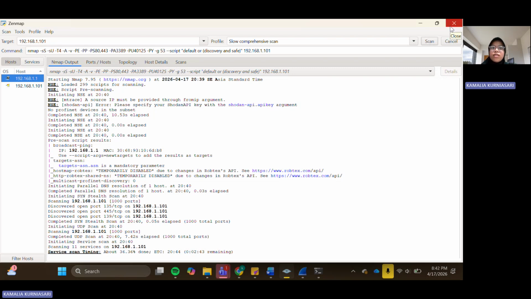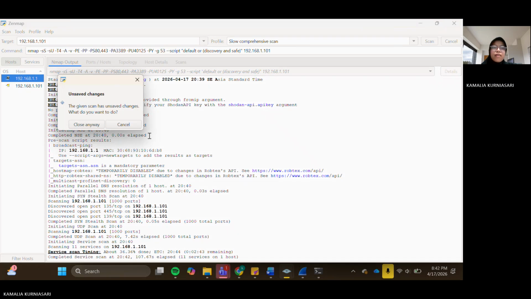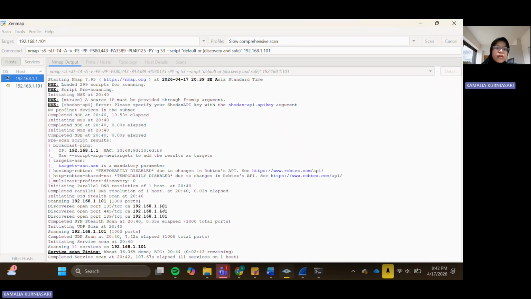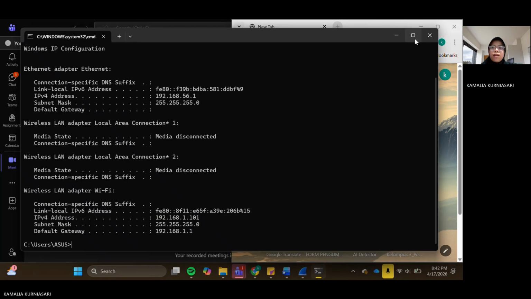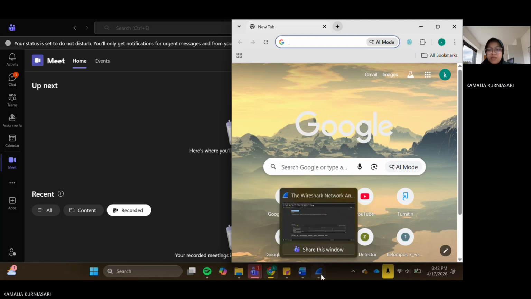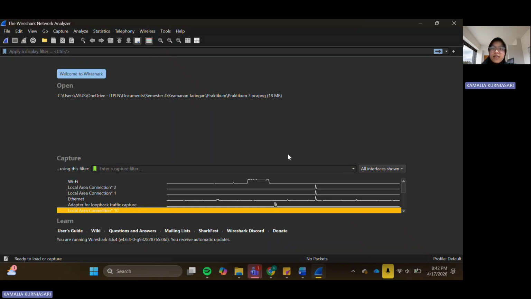Okay, I will close this first practical, that is network scanning using Nmap. The second practical activity is analyzing network traffic using the Wireshark application.